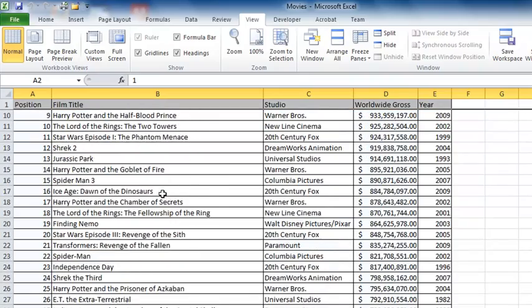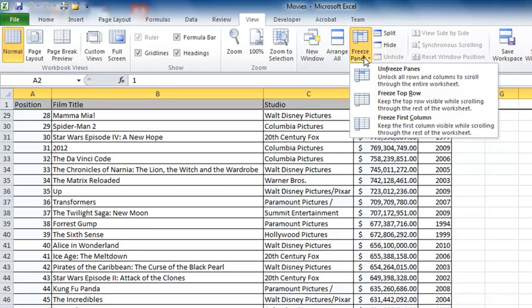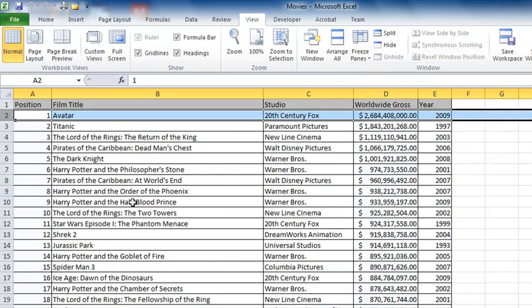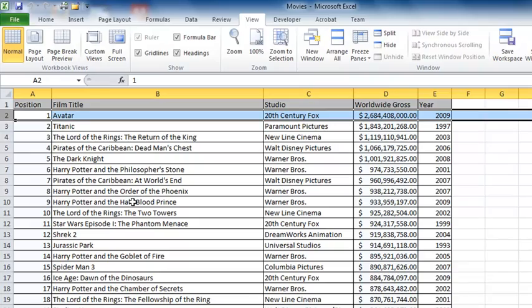So let's put that to the test. There we go, we'll scroll right down and row 1 remains frozen. I can unfreeze panes by coming back to the same tool, the Freeze Panes tool, clicking on it, and now that one of the rows is actually frozen, we'll get the Unfreeze Panes option. And if I click on that, the spreadsheet reverts back to normal